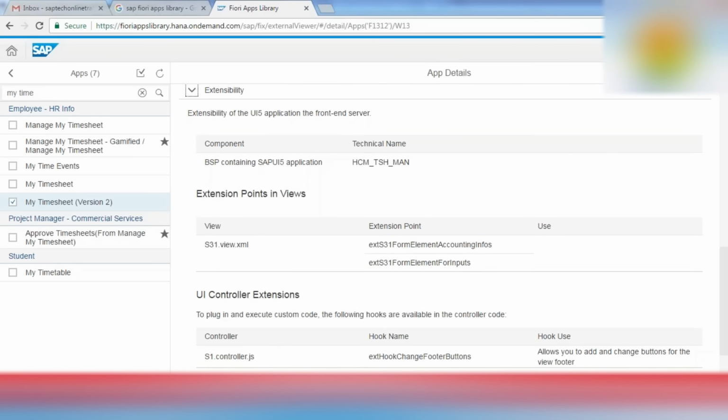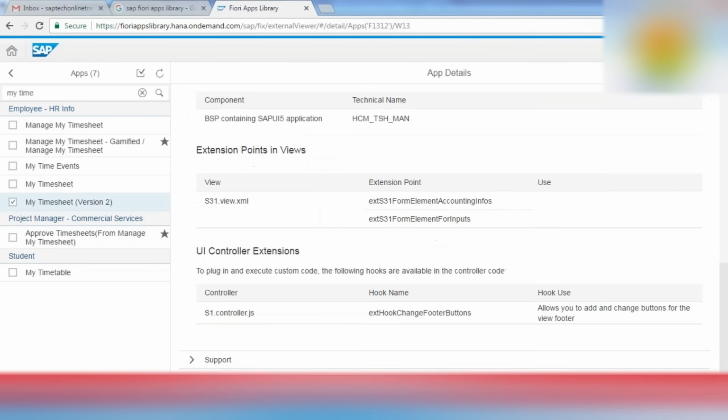That means definitely that new field should be there in your backend system database table, and that field should have some value, and only after that can you place that new field in your UI5 or Fiori application, so that the new field value can be shown on the front end Fiori screen.